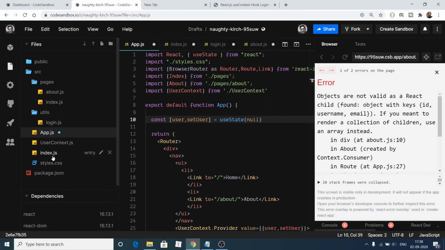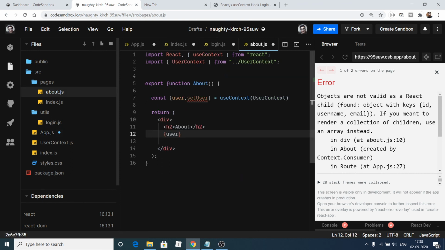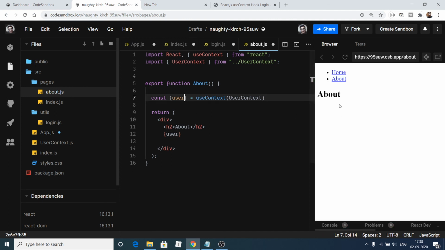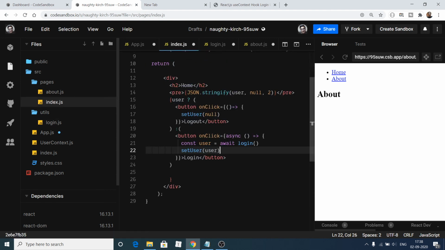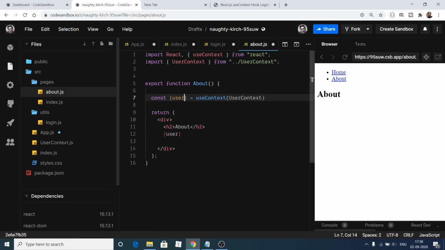If you go to this about page inside about.js, here we don't want the set user, we only want the user. So we need to copy this line here, which is JSON stringify. So copy this pre line and paste this line.